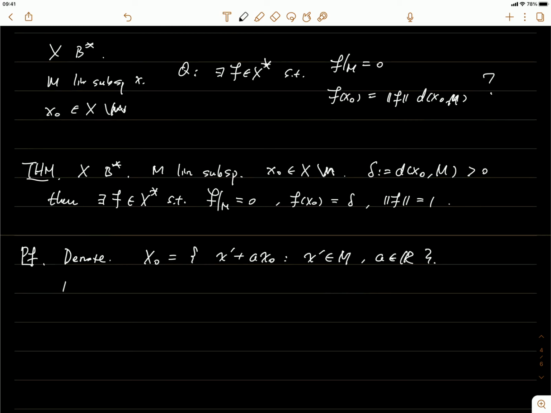And we're going to define the F as a mapping from X naught to R by, say I have some element, X prime plus A X naught. I'm just going to define this, because any element in the X naught space can be written in this way. I'm going to define this to be A times delta. Then we can show that this is a linear